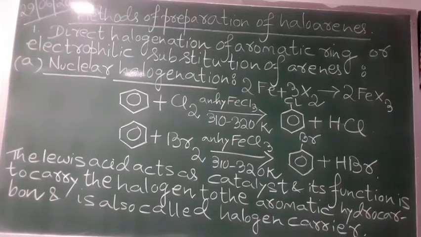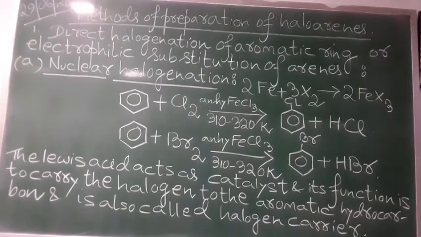Next reaction, benzene added to bromine in presence of anhydrous ferric chloride, temperature 310 to 320 Kelvin, forms bromobenzene plus